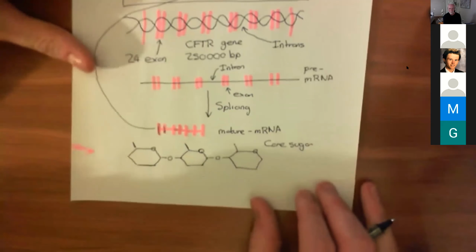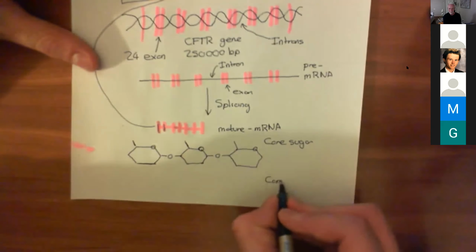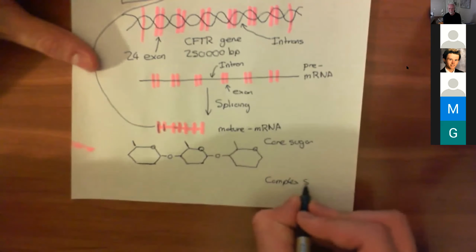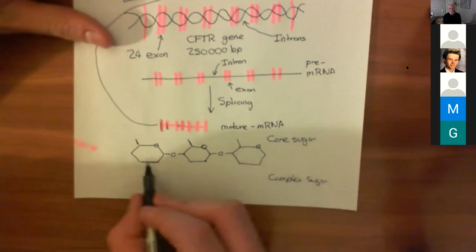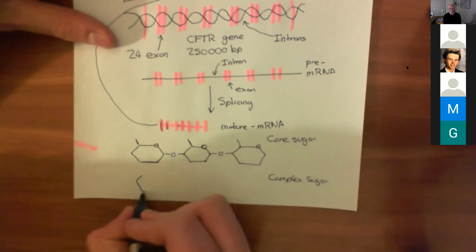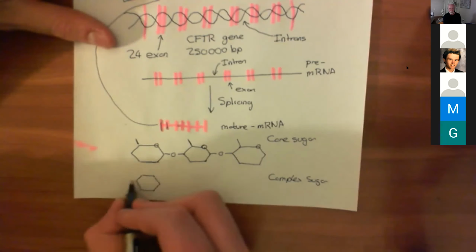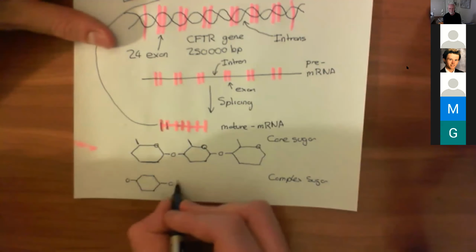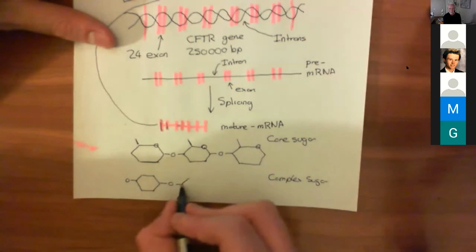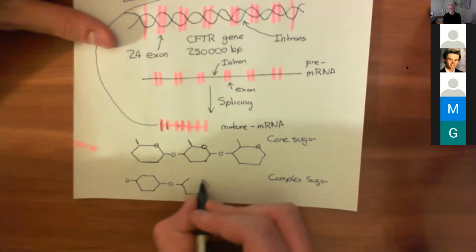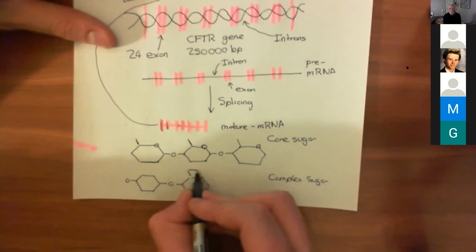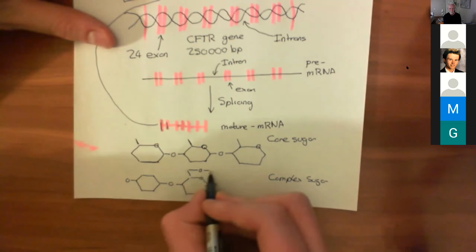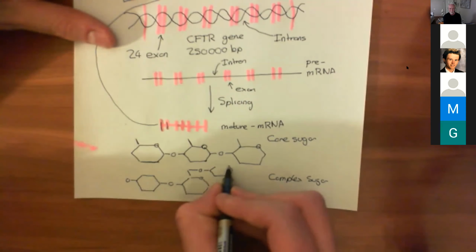Now, there's another concept that we need, which is a complex carbohydrate or a complex sugar. Basically, complex sugars are when you mess it up, when instead of just doing the linear pattern, so let's do a bit of the linear pattern, but then you also have other sugars bonded onto the different hydroxyl groups. So if we draw this one here, this sixth carbon up here also has a hydroxyl group, so you could make a similar bond like this, but that messes up the pattern and you get much more complicated